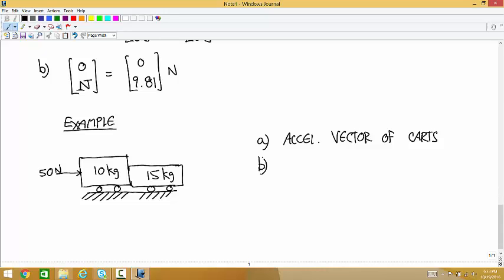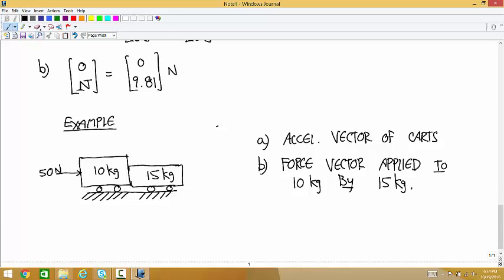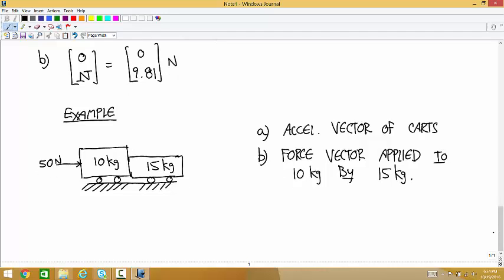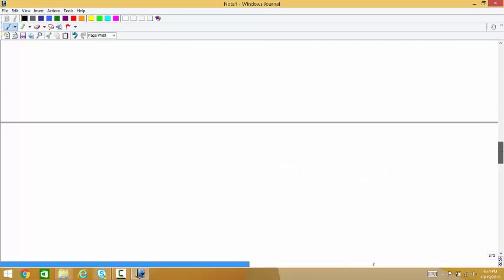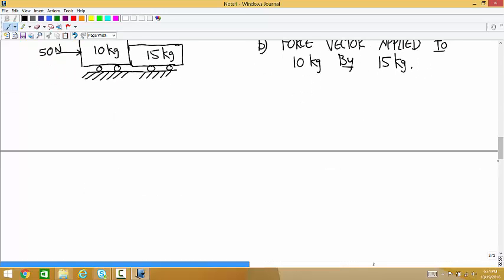And then second, we want to calculate the force vector applied to the 10 kilogram by the 15 kilogram. Okay, so first we want to calculate the acceleration. And so to do that,